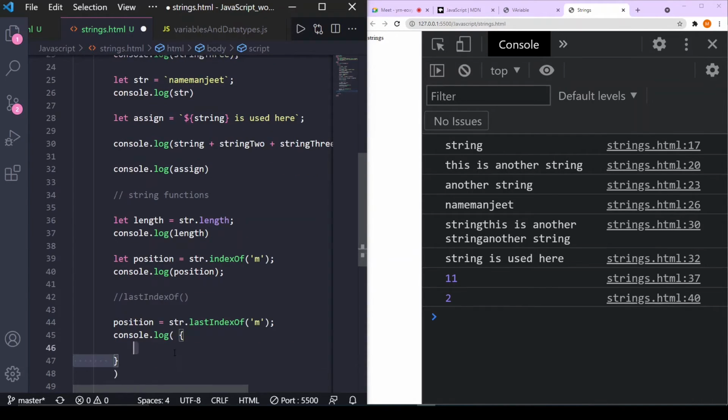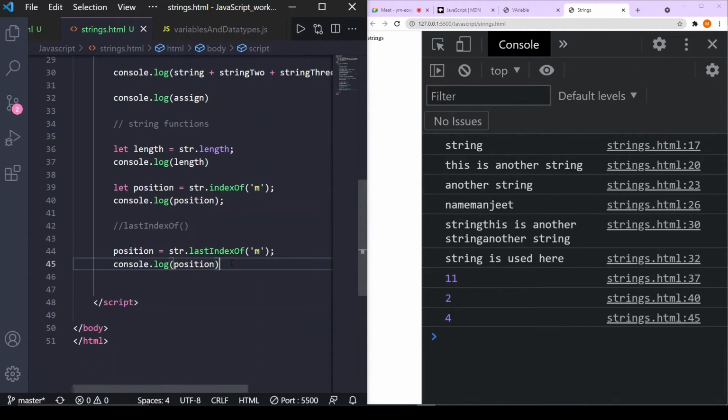And it's 4, because 4 is the index of the second m, the second time the m repeated itself. And if it was at the end, then it would show the end index.